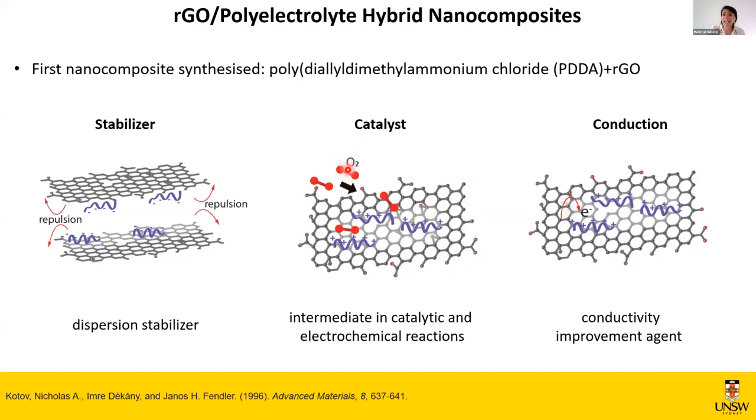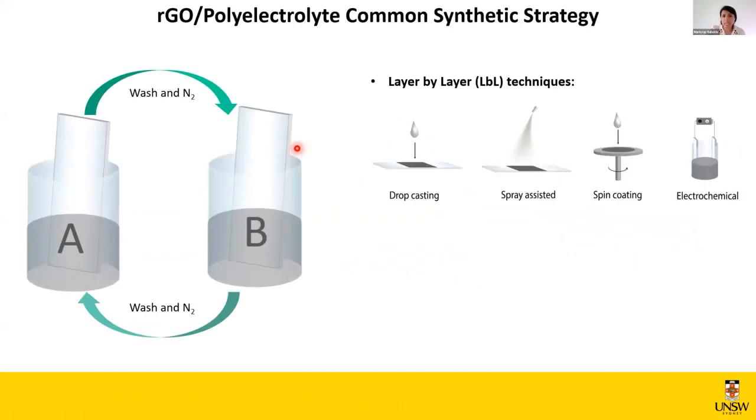And we are going to have a higher current of oxygen coming to the surface of this cathode, so the catalysis process is happening in this reaction. In terms of conduction, the polyelectrolyte combined in multilayers with carbon allotropes is going to increase the conductivity, and we are going to talk about it in the next slide. The synthesis technique for these multilayer films that we were discussing before is a process